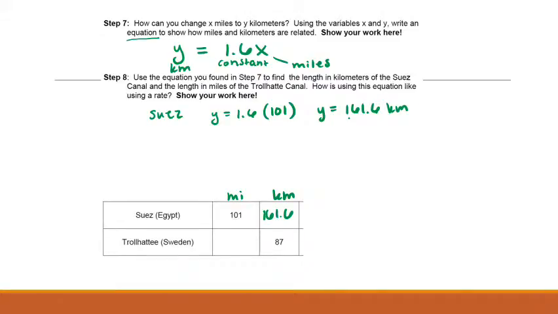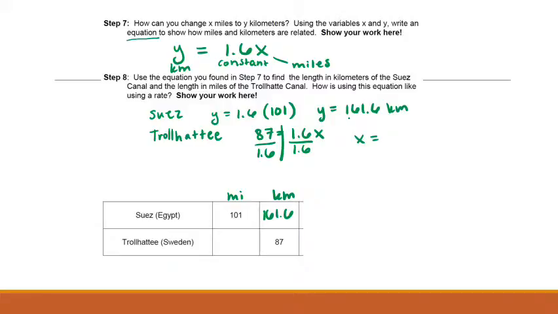And then for the other canal, the Tralhady Canal, we are going to actually work a little bit differently because now we know the kilometers. So 87 equals, and we're going to fill in again the constant rate, 1.6 times x. And this equation might be a little bit more challenging for you to solve, but if you know a little more about solving equations, just like we were talking about before, if you want to undo multiplying, you could divide. So you might have divided each side by 1 6/10,